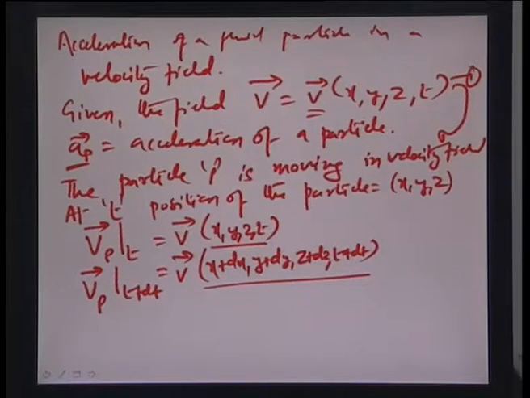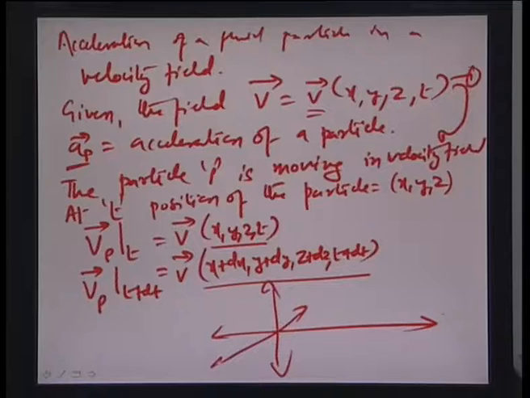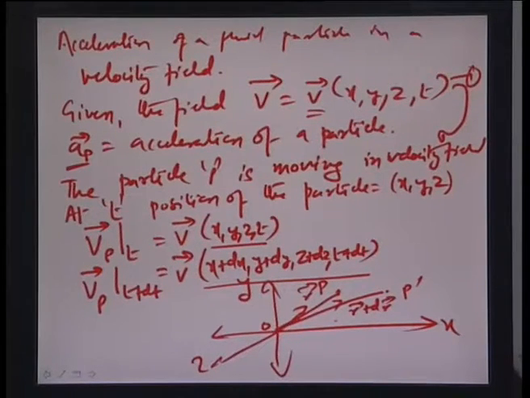So essentially what it really means here is that let us say you have this rectangular coordinate system with x, y and z components, and you have a radius vector r somewhere here at point P with respect to the origin O, and this changes to another point P dash and the new radius vector becomes r plus dr. So essentially this is the position at time t, this is the position at t plus dt, and the vector connecting these two is really the position vector that the particle has traversed from point P to P dash, and it definitely is a function of